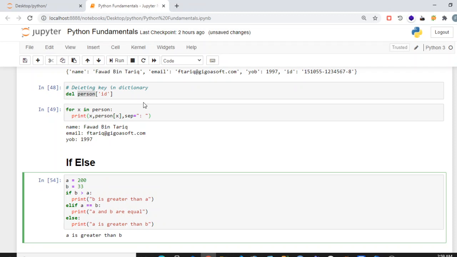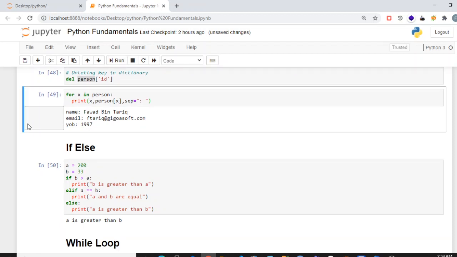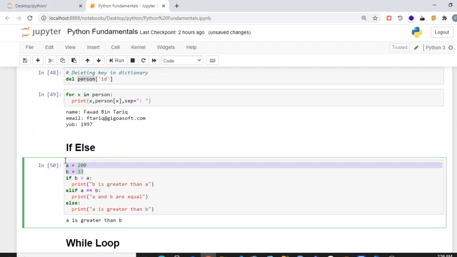Similarly, we have if else in Python, which is very simple. What I have done in this example is I have created two variables, and then in the if statement I have compared them. If b is greater than a colon, then I have used indentation and printed a message. Then we have else if; we can use else and if in the same line using the elif statement. Elif means else if. Another condition, and at the end I have used else. So that's how you can use the if statement.